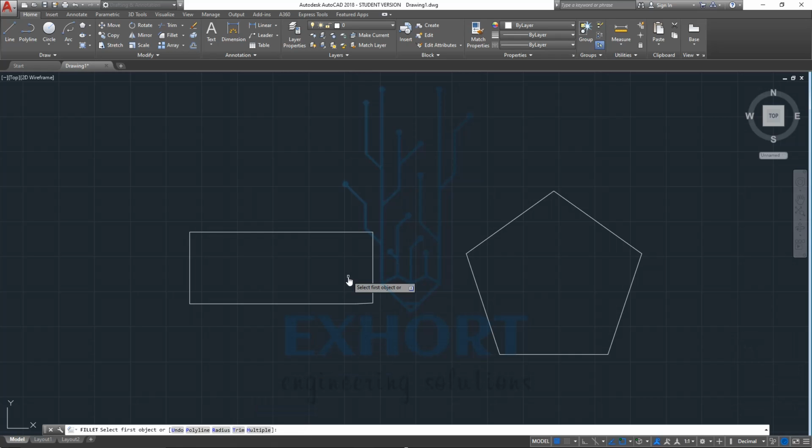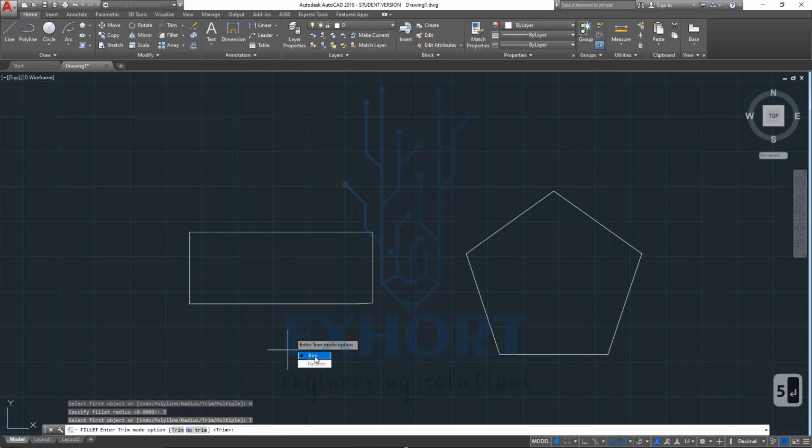Now I will show you the next options, trim and multiple. Friends, keep it in mind, likewise with the polygon command we saw in the drawing section, here we have to specify our radius each time if we want to vary our distance or measurements. So I will choose trim, but before trim I will choose my radius. I will again go to radius, set 5 mm. Now I will choose trim.